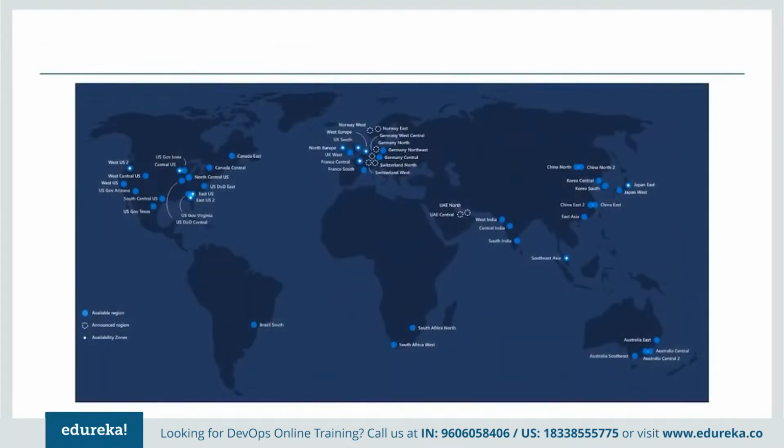Last thing, as I said, there are 54 plus regions, and one region has just come up, I think, in the last couple of weeks back in Africa as well. So this is one figure which tells us where these regions are located. If you are joining from India, you will see that West India, Central India, South India, in all these places, Azure has set up a data center. On the left side, you can see in the US and Canada, a lot of data centers have come up. And of course, there are some on the right. On the European side, there are a lot of data centers as well. Okay, so this is how the Azure data centers have come up across the geography, and you can go ahead and consume resources or build your resources in any of these regions.